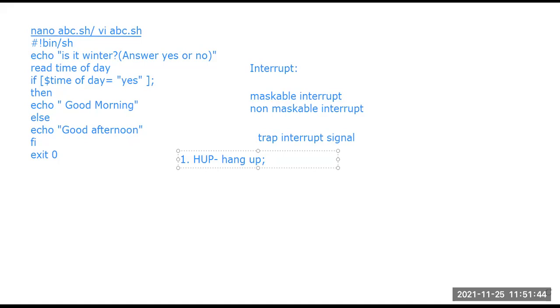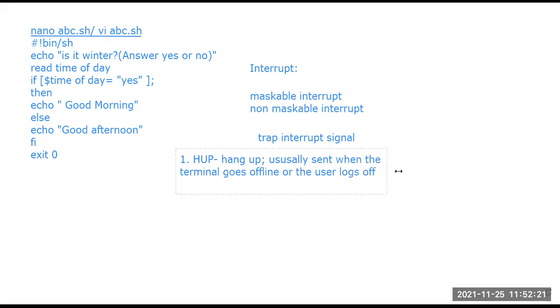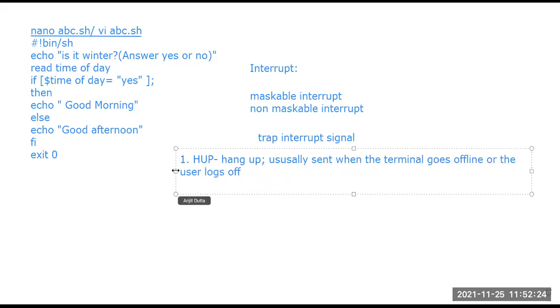In that case the HUP trap interrupt signal gets generated, indicating that either the user has logged off or the terminal is offline. So HUP is for hang up, usually sent when the terminal goes offline or the user logs off. In these two scenarios, the HUP trap interrupt signal gets generated, right?